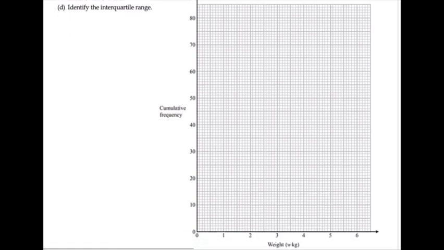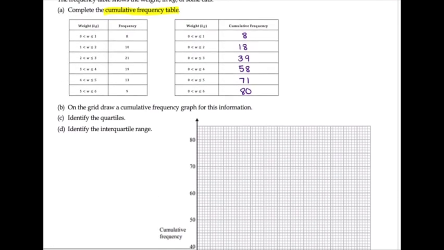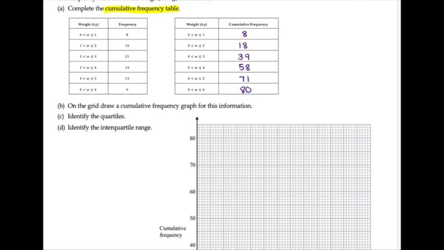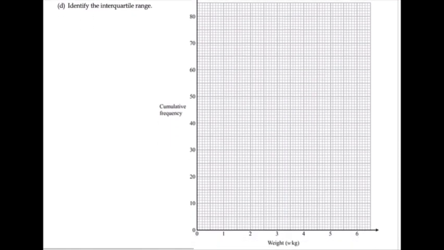Here's my graph. I have my X being my weight in kilograms, my Y being my cumulative frequency. So what we are going to do is, let me focus back on the table. We are going to plot these values at my upper end. 1 is being included, 2 is being included, 3 is being included, and so forth. So I could create my cumulative frequency that way. So we're going to start with 1. 1 is 8,